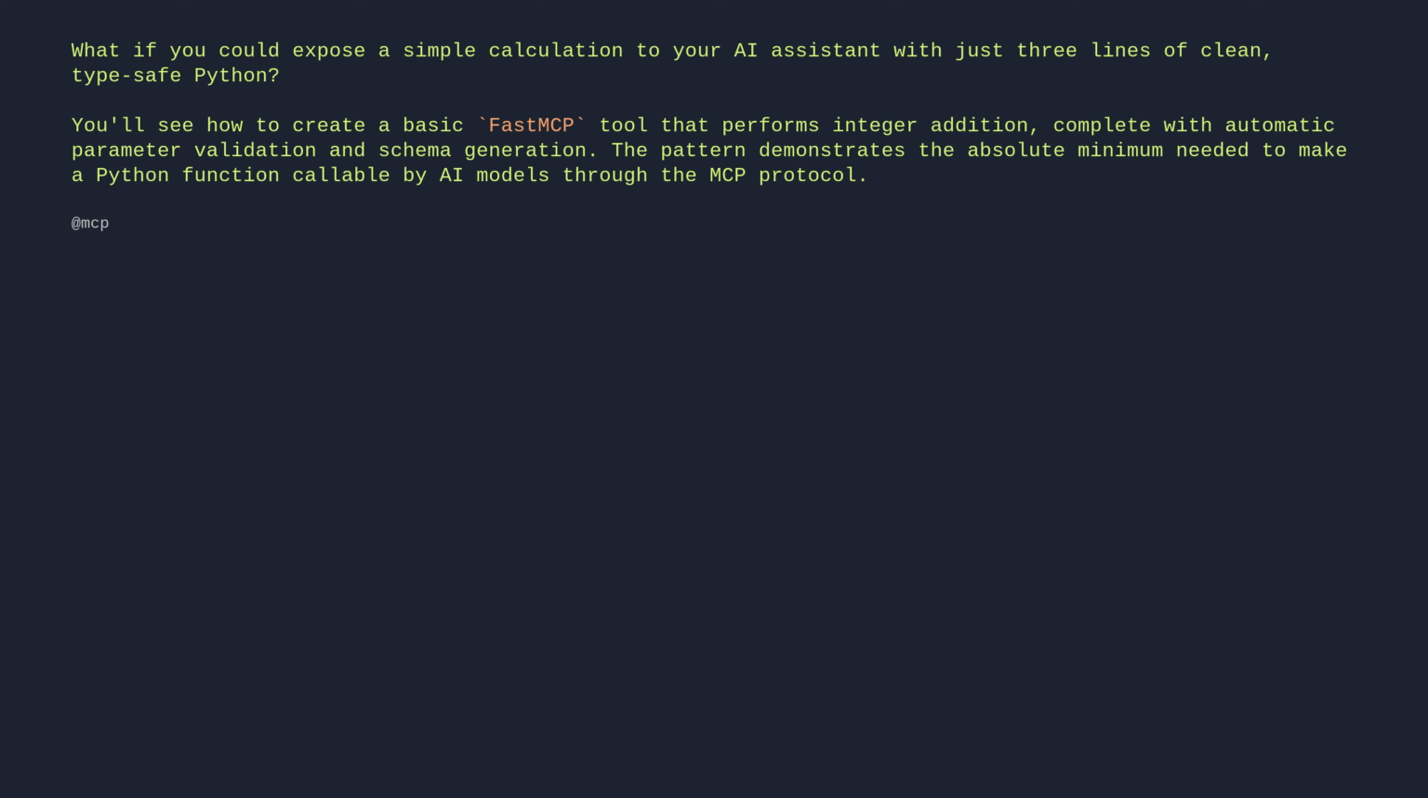@mcp.tool def calculate_sum(a: int, b: int) -> int: return a + b # returns 8